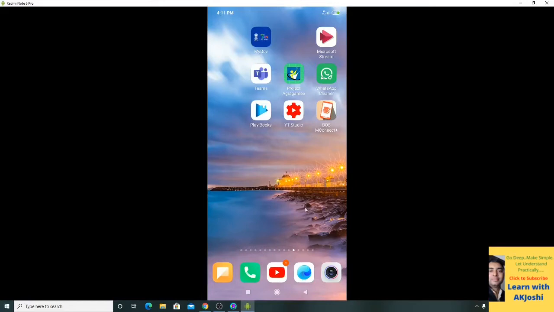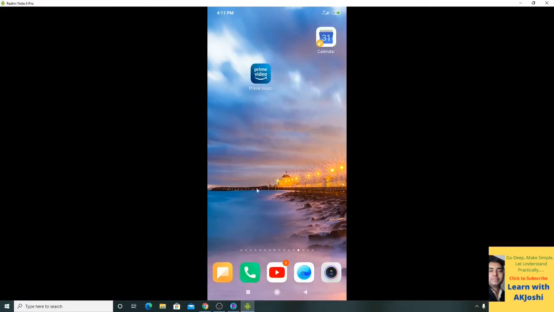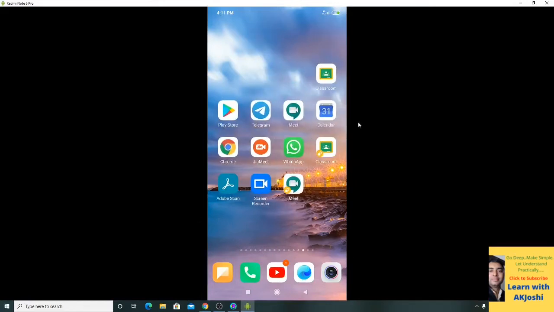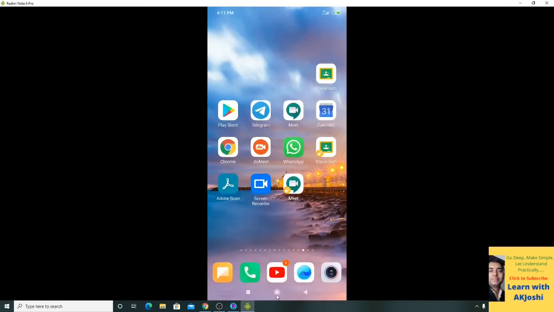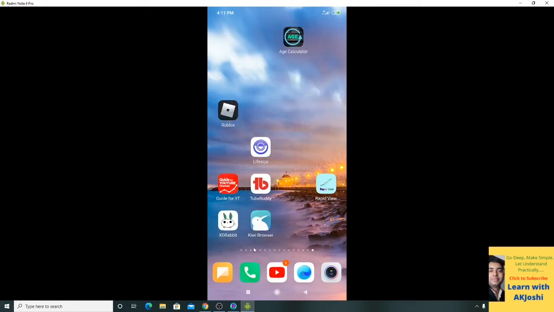Okay, now I will show you how you can use this extension on your mobile. So this is your mobile. Suppose you are using the Google Meet app; it is not possible to install this extension in the Google Meet app. Suppose you want to use the Chrome browser to open Meet; in this browser also we cannot install this extension. To install the extension on an Android mobile phone, you need a special browser, that is the Kiwi browser.